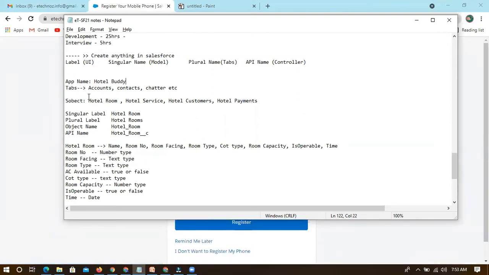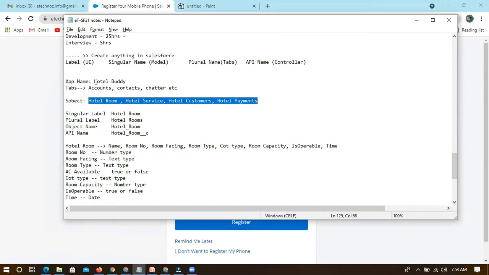Second, we have to identify tabs, but we don't need to identify a tab. If we identify a subject, that itself is a tab, right? We can just display the subject as a tab. So there is no need to identify a tab, but we have to identify a subject. How can we identify a subject? We can identify subjects through their transactions, so we need to identify what their transactions are.